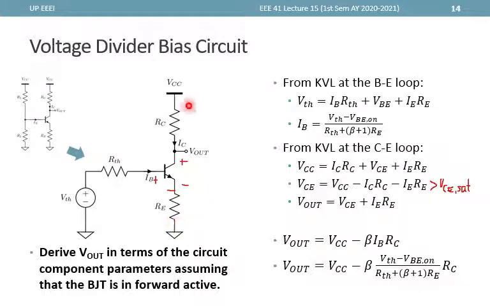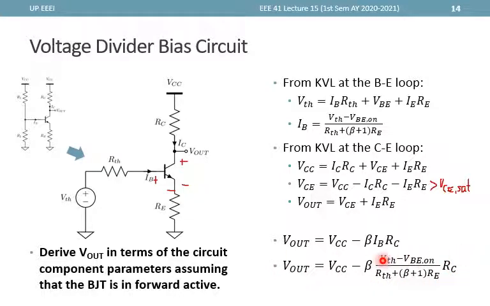Or it is also equal to VCC minus IC RC, where IC is equal to beta times IB. So substituting this IB with this expression,